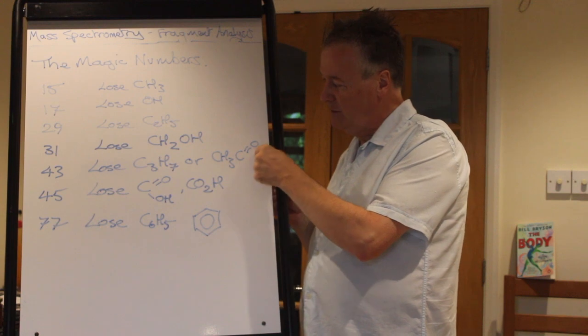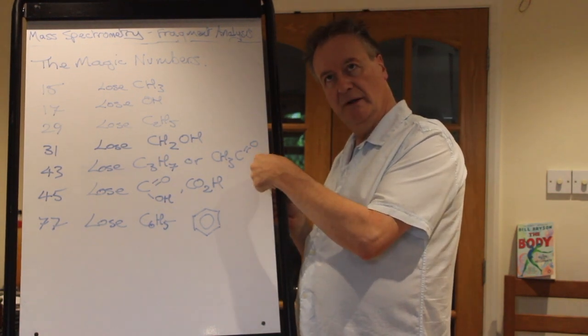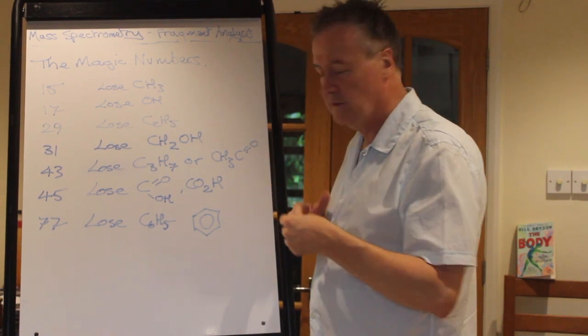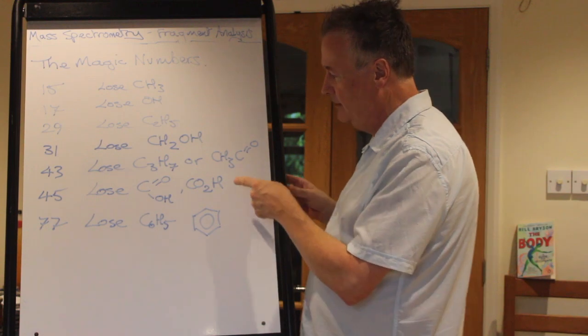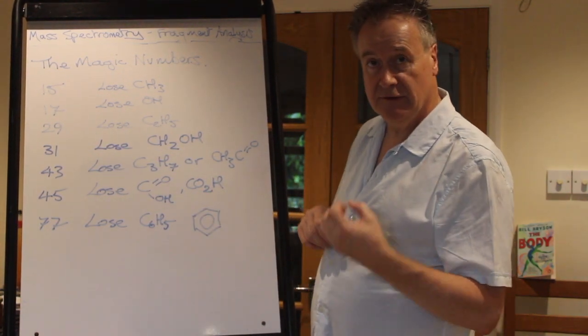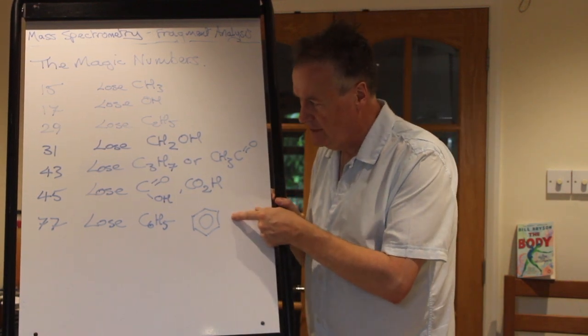CH3CO, so it's like part of a group where there's a carbonyl in it and something else, and that could go on to join to a number of other things, and it appears in a number of guises in organic chemistry. 45 is indicative of a carboxylic acid group being snipped away, and this is the 77, which I'm not going to do in this video